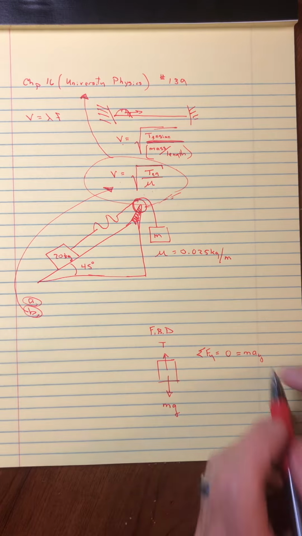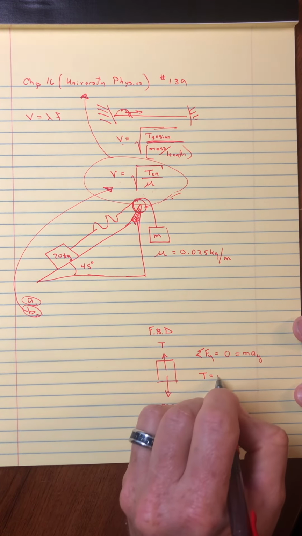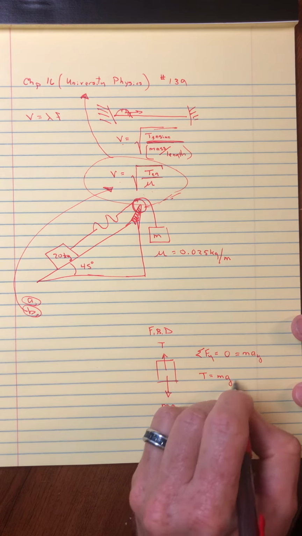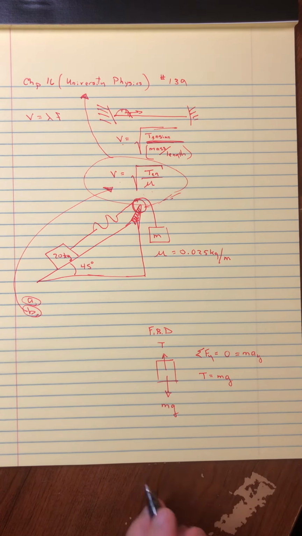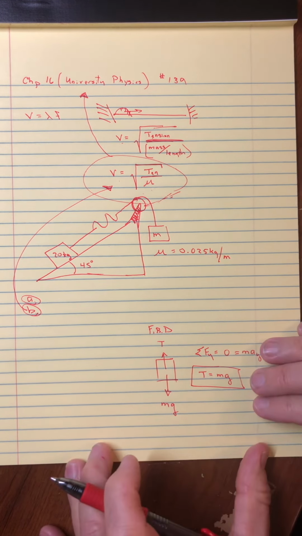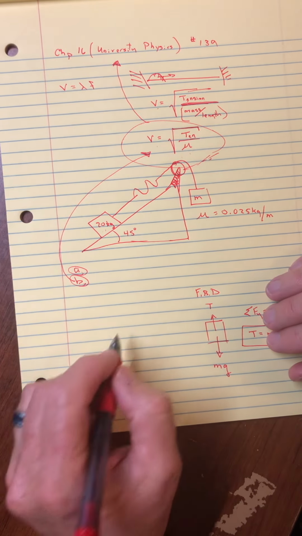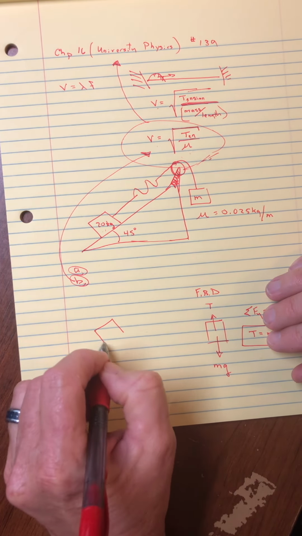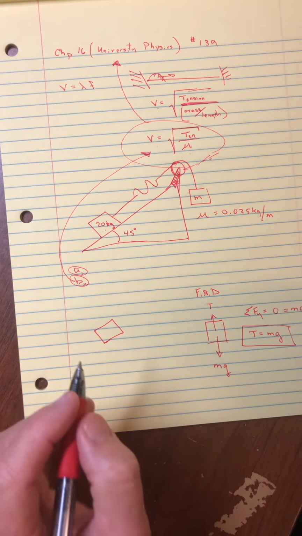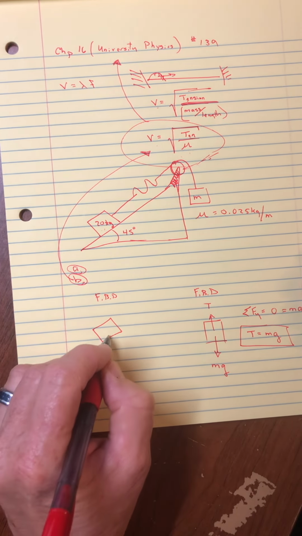And in static equilibrium, the acceleration is 0. And so this just says the tension is equal to little mg. Now that by itself I can't do much with, but if we come over to this picture, which we've done a few times, granted it was a while ago, but if we do the free body diagram here,